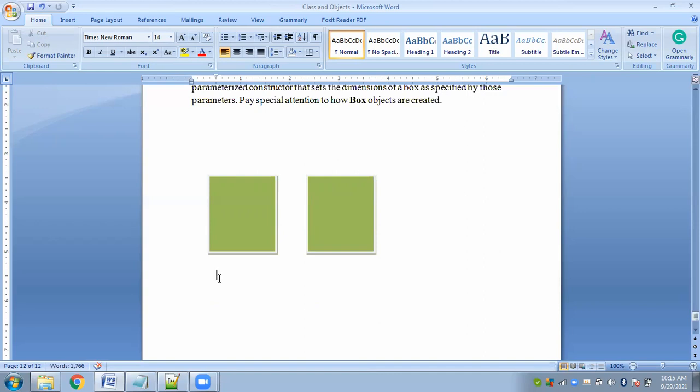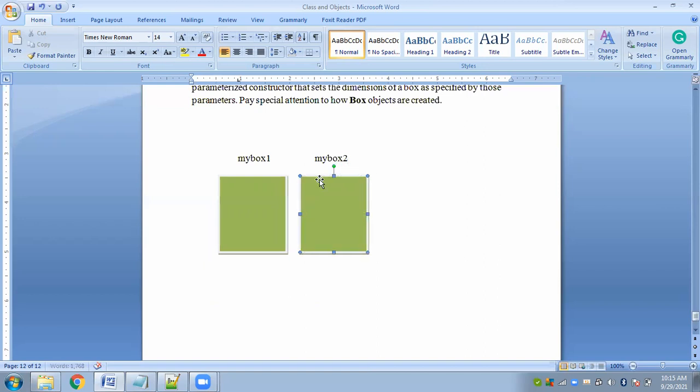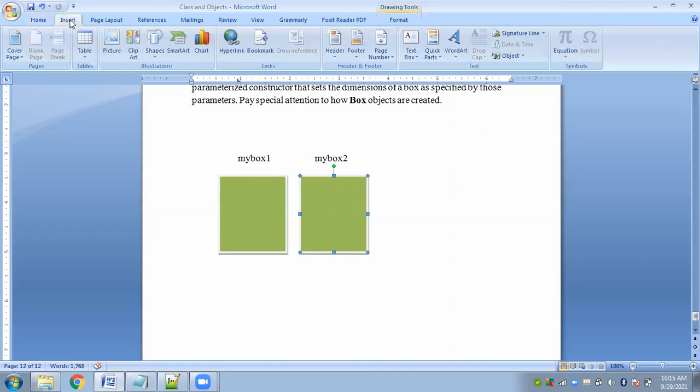Okay, so suppose this is my box1 object. Can you view the screen, everyone? Yes, ma'am. So that you can understand, I am just drawing in figures, diagrammatically. This is the second object, my box2, for the class box3. These are the two objects of the box3 class. Once you have created these, inside this, what do we have? We have copies for what?